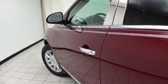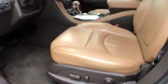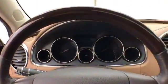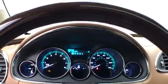This leather group has keyless entry with remote start, power windows, locks, mirrors, memory settings for 2 drivers, power seat, along with a tilt and telescopic steering wheel to put you in that perfect driving position, power moonroof, large, easy to read gauges with driver information system,